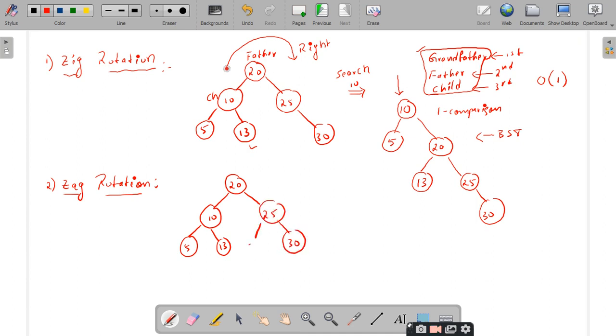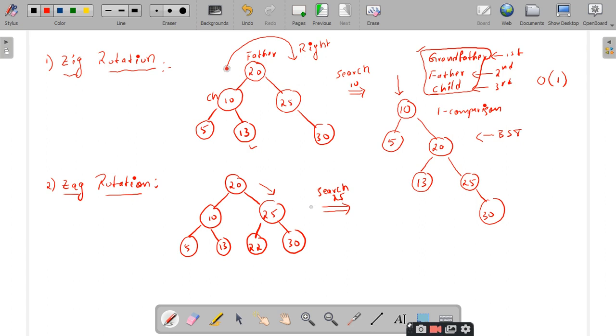Or else you can include one more element also. Nothing wrong in it. Right. Now if I want to search 25, what is it that you have to do? You have to perform it as if you are doing a normal search operation in the binary search tree. So 25 is compared with 20, the root element. Since 25 is greater than the root element, we have to search in the right hand side. Again in the next node, 25 is compared with 25, therefore we got a match.